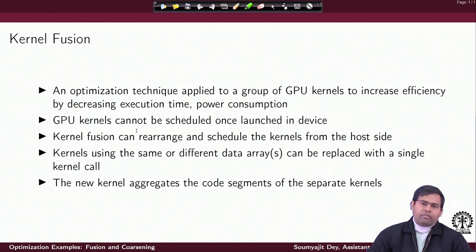Now, this is something on which you can have finer control if you perform a static optimization like kernel fusion on the input kernels. So, what can be done is inside a kernel fusion operation, I can rearrange and schedule multiple kernels from the host side, right? That I will be able to control which threads in which kernel execute first, and which threads in which kernel later on, if I fuse them following some suitable semantics. So, this is something we would like to see, how such fusion of kernels can be done.